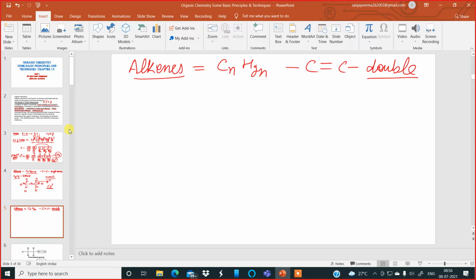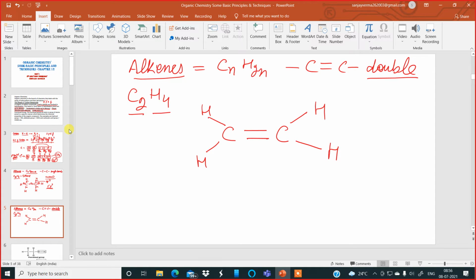Here again, if I take an example of 2 carbon atoms, C2H4, there are 2 carbon atoms and 4 hydrogen atoms. I will draw it: carbon, another carbon, with a double bond like this, and then I will place 2 hydrogens over here and another 2 hydrogens over here. Now, between the 2 carbon atoms, one is a sigma bond and another one is a pi bond. I have told you the sigma bonds are formed by head-on overlap and the pi bonds are formed by sideways overlap.